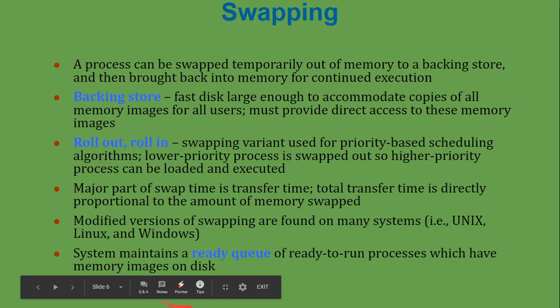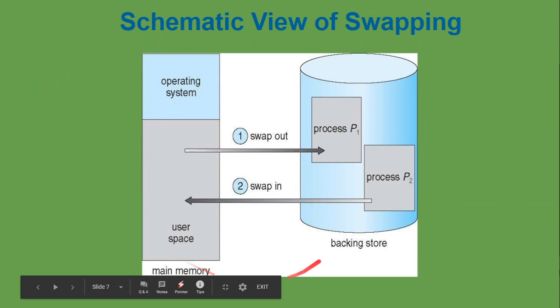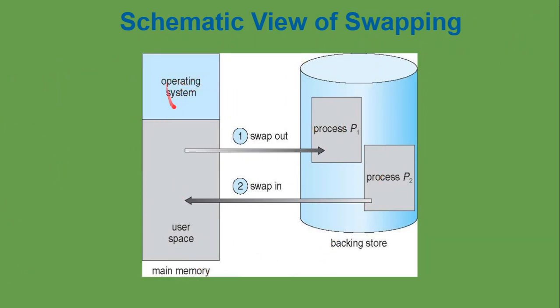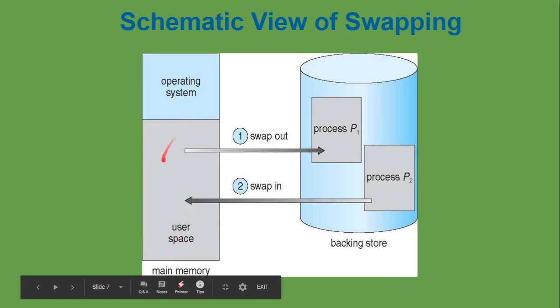In order to move data between the main memory and the disk, the system maintains a ready queue. This we have seen in process management. The ready queue is where the processes that have acquired all the resources are ready for execution. This diagram shows swapping. The operating system is at the top of the memory, and the user programs are running in the main memory. We cannot load all the programs in the main memory because it is small, so they have to be put in the backing store.